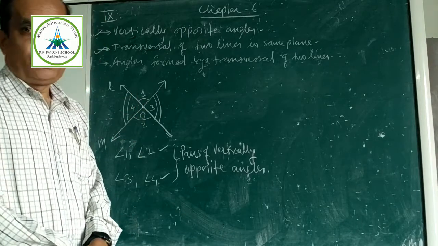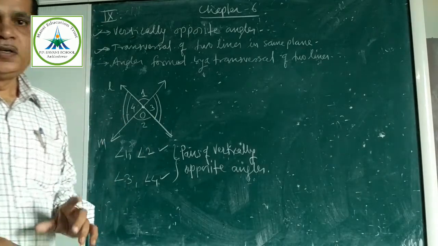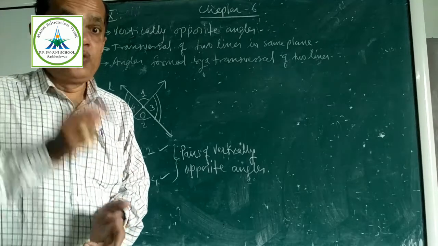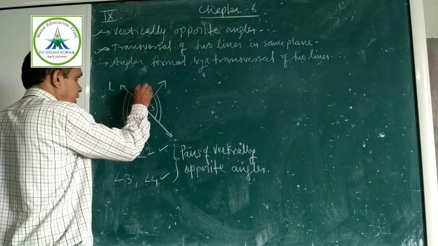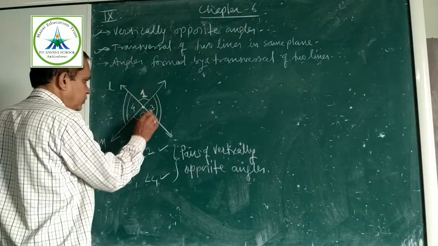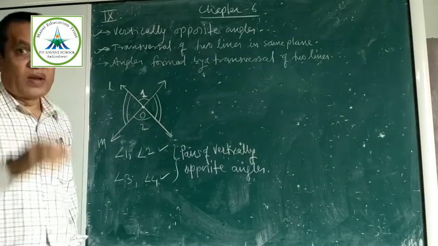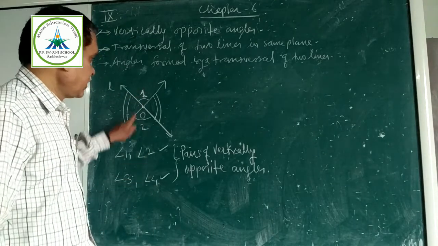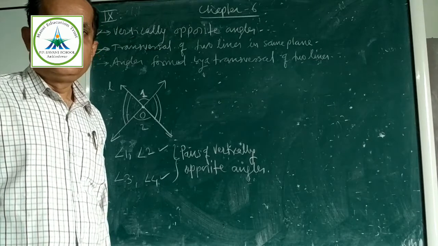Can you show it in the diagram? You can show, right? Now, the matter of definition. See, how to define in words? Now look, I am taking one pair, angle 1 and angle 2. These two angles are said to be vertically opposite angles